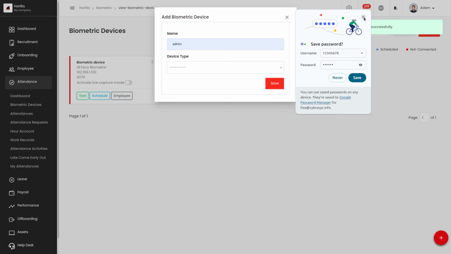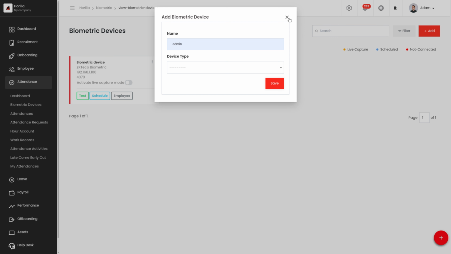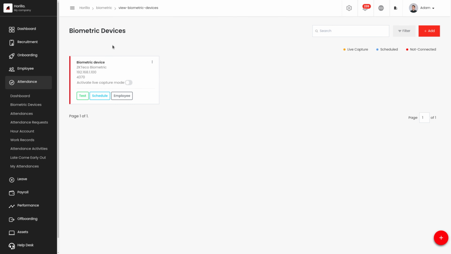We can see that the biometric device has been added. We'll be able to view the biometric device over here. We can view the biometric title that we have provided, the device type, the IP address, and the port number that we have provided. Next we have the activate live capture mode toggle. When enabled, the device continuously captures and syncs the biometric attendance data with Horilla in real time.